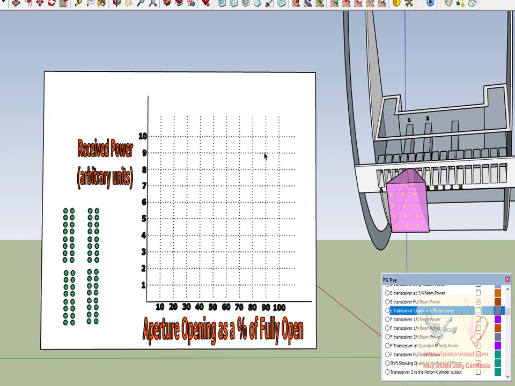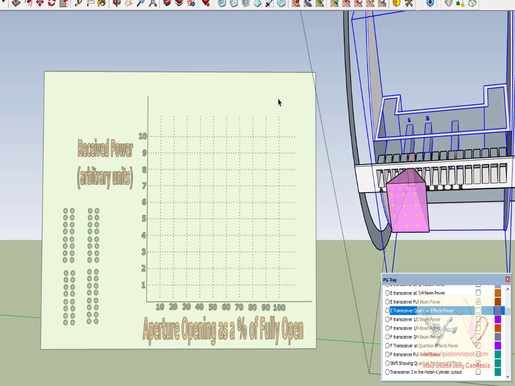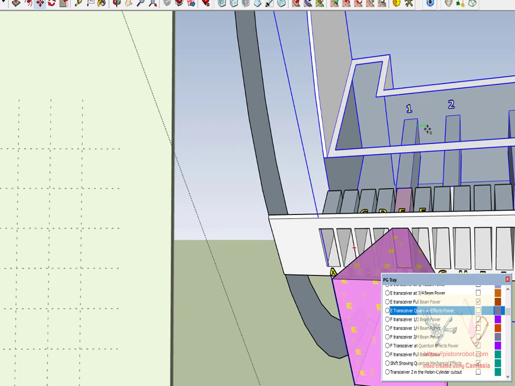Okay, welcome back. So we're looking at measuring power levels as a function of the position of the piston, and we're going to look at the piston, and we're going to line the piston up so that